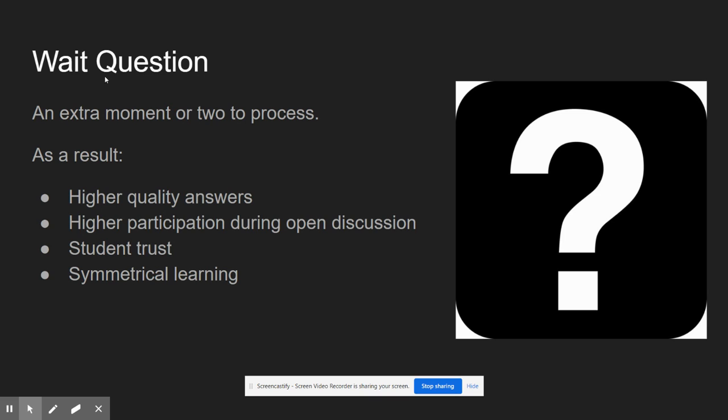So one thing that I like to do to combat that is to use the wait question. What the wait question is: I will pose a question to my students, and then as they are jotting down some notes in their notebook, I might ask them to refine their answers by writing a thoughtful response in the chat. Prior to submitting their answer so that everyone can see publicly, I will ask them to wait before they hit enter. So all the students are typing in the chat, but nothing is being seen. And then after some time has passed and the students have had enough time to process and refine their answers and come up with thoughtful responses, I will say, okay, press enter.